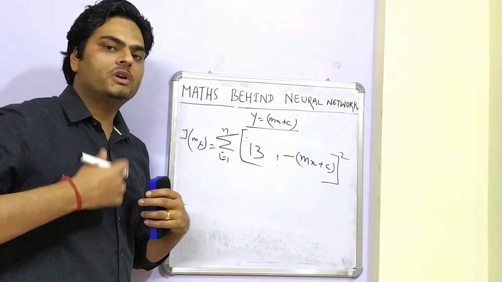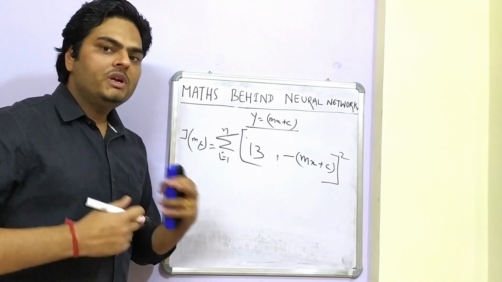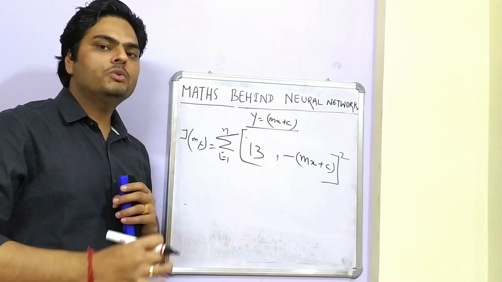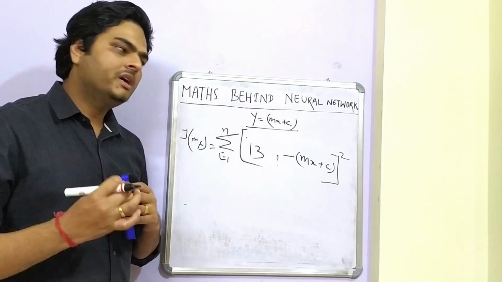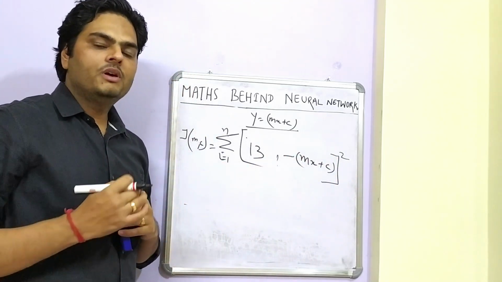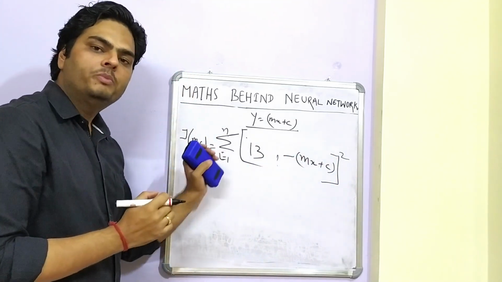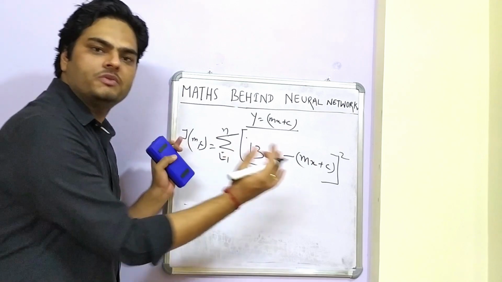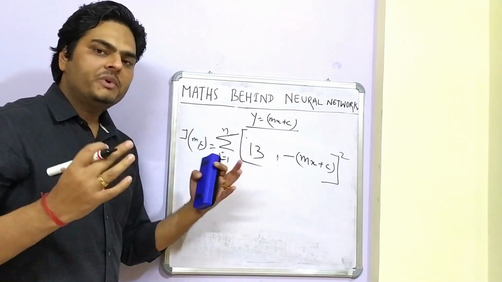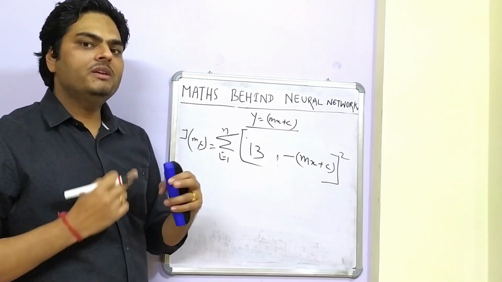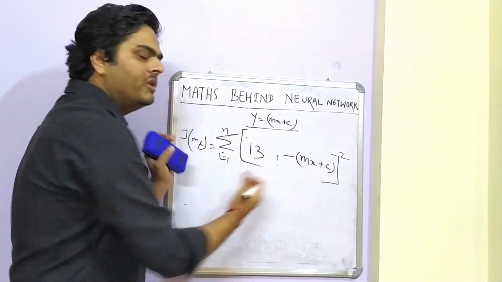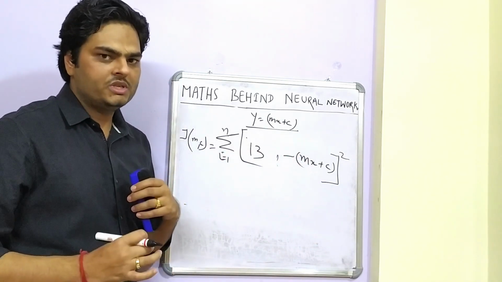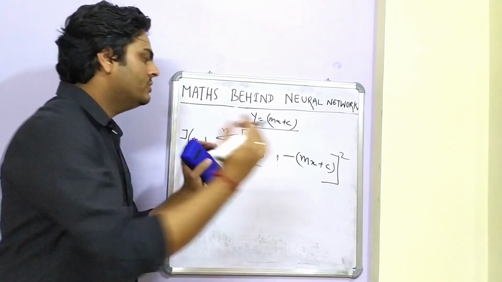Now what is the job of the model? The model will try to optimize this cost function and bring it to as low as possible. The best case scenario is if this term becomes 0. The job of the model is to bring this cost function as close to 0 as possible. This is how you interpret the cost function in terms of what the model is internally trying to do: find the values of m and c which give the lowest value, where the best case is 0.